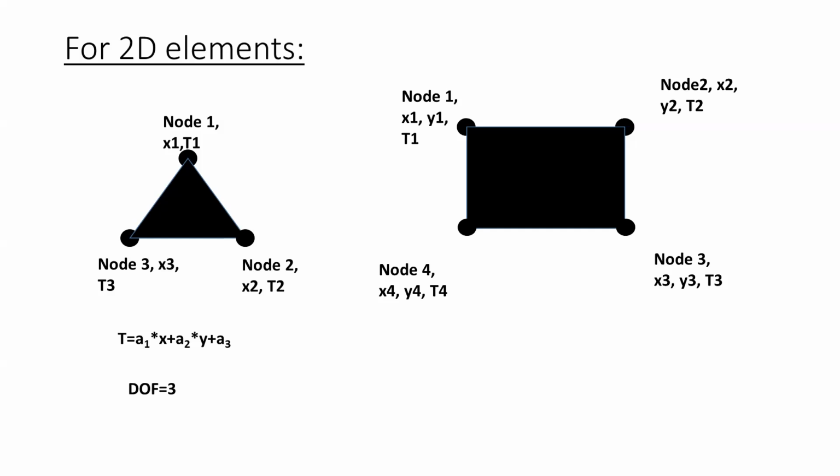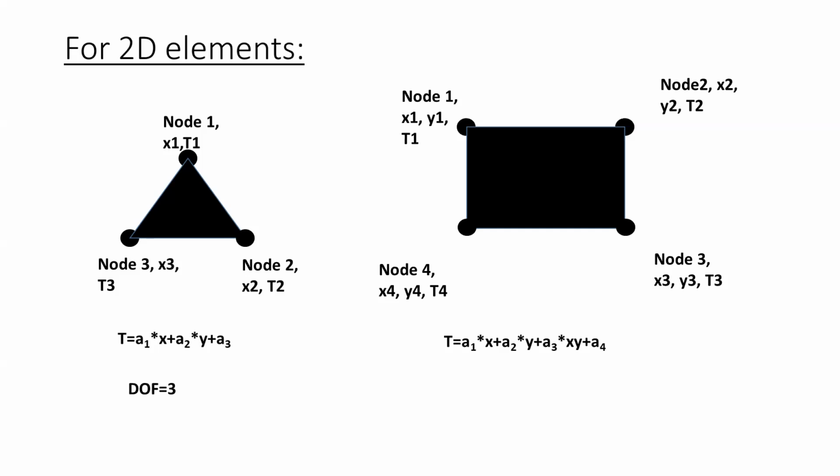For the time being, there are 4 nodes, node 1, node 2, node 3 and node 4, at the 4 locations given by x1, y1, x2, y2 and so on, and 4 unknowns in terms of t1, t2, t3 and t4. The polynomial for this particular case is given by the expression on the display. Kindly notice that the terms are x, y, and there is also a product of x and y.